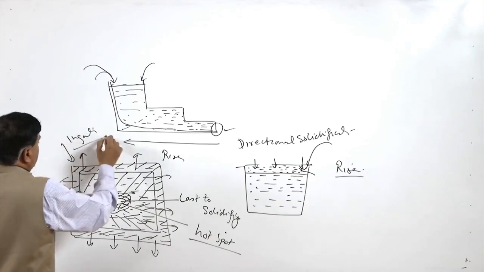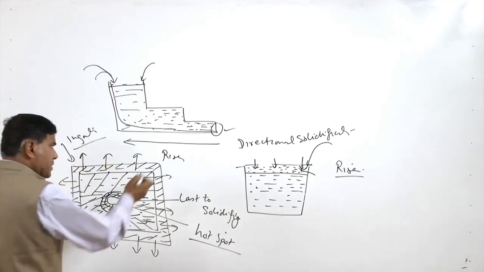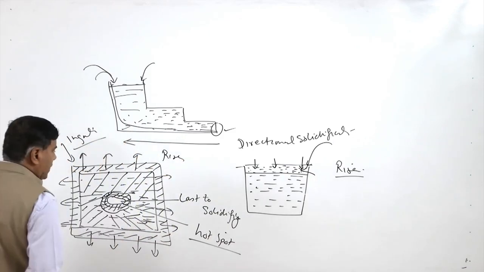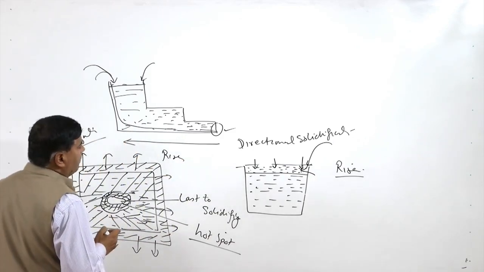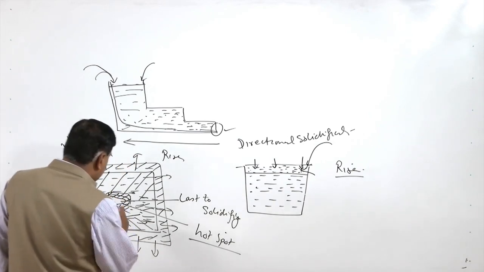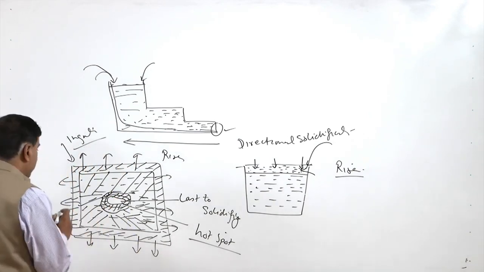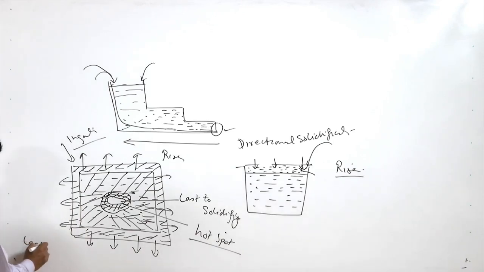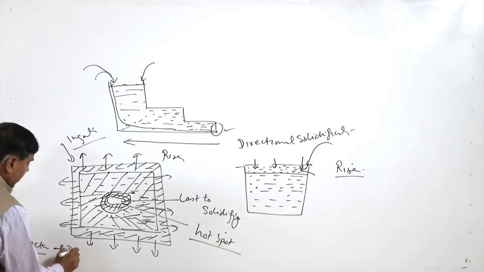So, this kind of cavity cannot be corrected using either the riser or by feeding the molten metal from the ingates. This is the issue due to the lack of directional